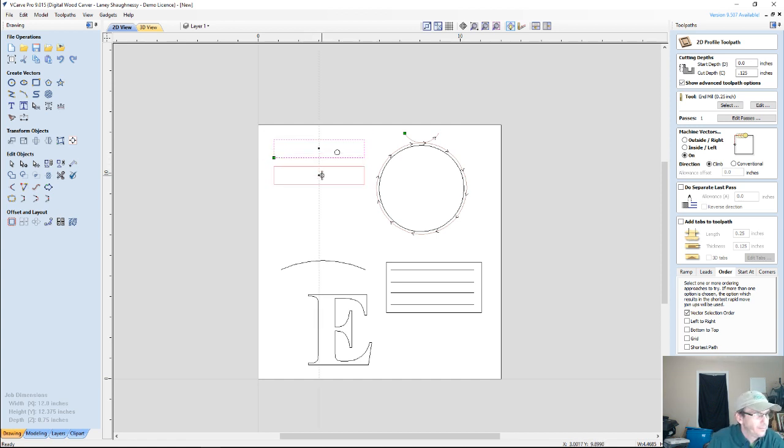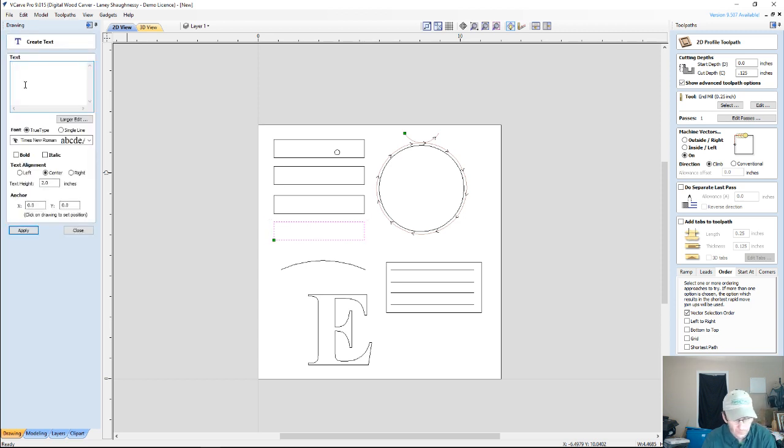Let's say that these boards have text in them. Maybe I'm making a sign, and I want this to cut